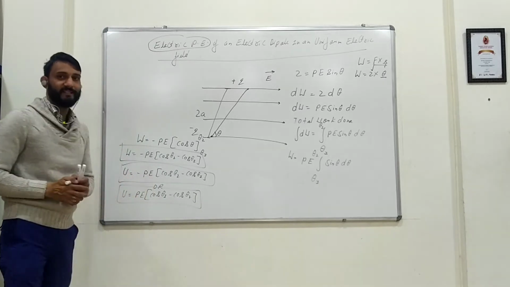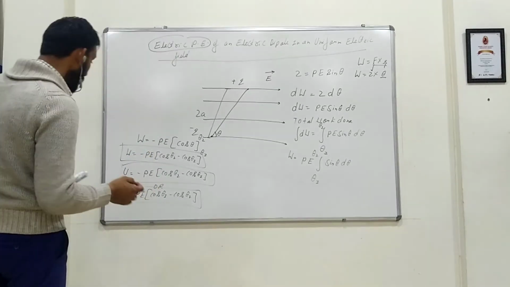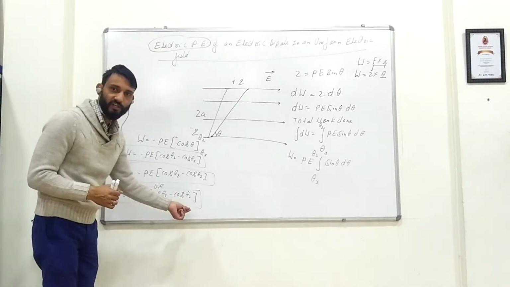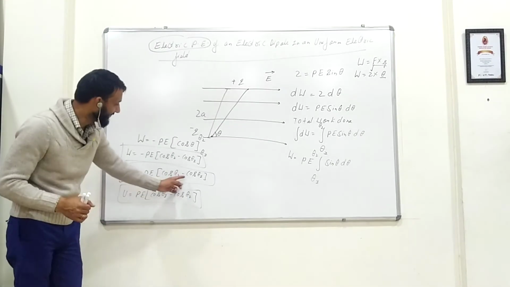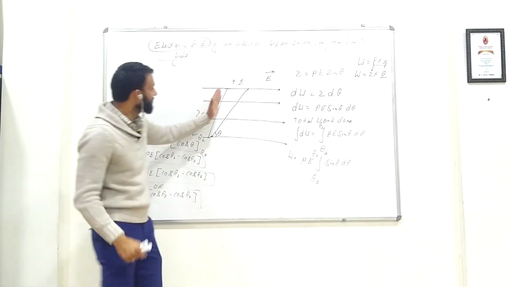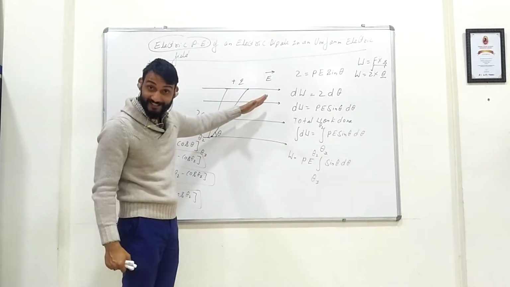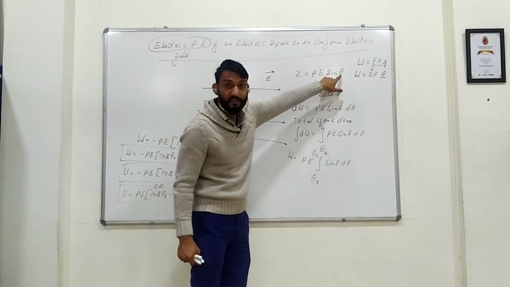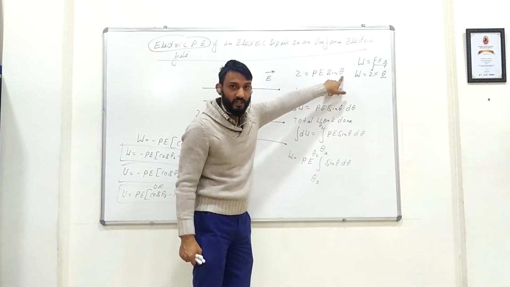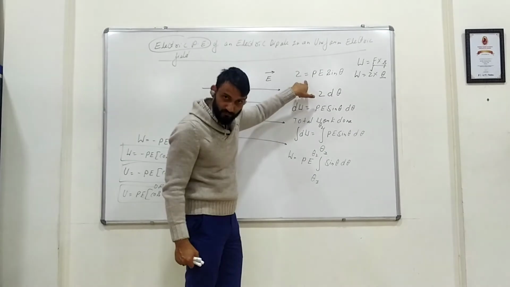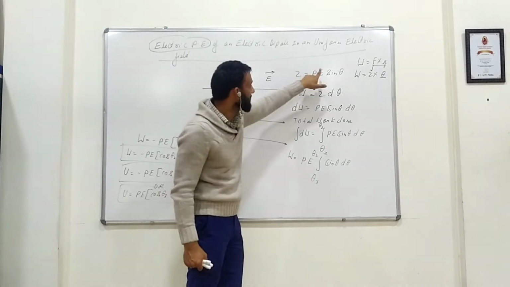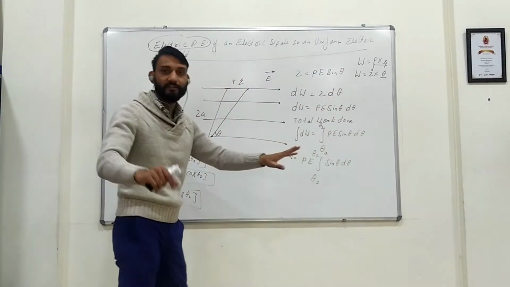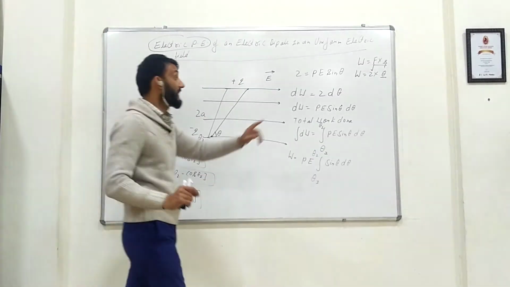Now guys, I use a special case here, where theta 1 is 90 degrees. Why am I saying that theta 1 should be 90? Because theta 1 is the position where we started, and look at this, it is sin theta, so you started with theta 1 where you want the torque to be maximum. The torque will be maximum when this theta 1 is 90. You getting? So this is a special case which I am using.